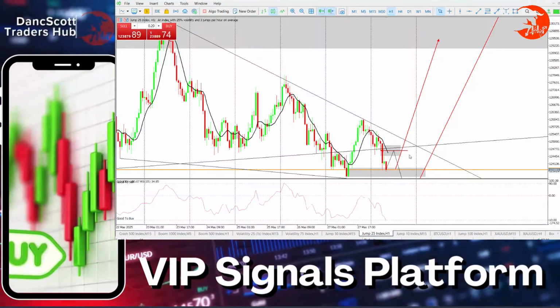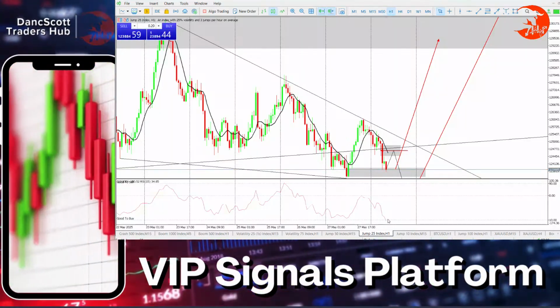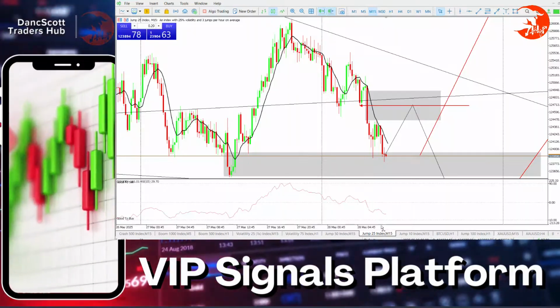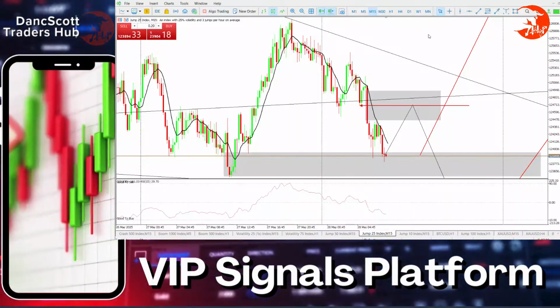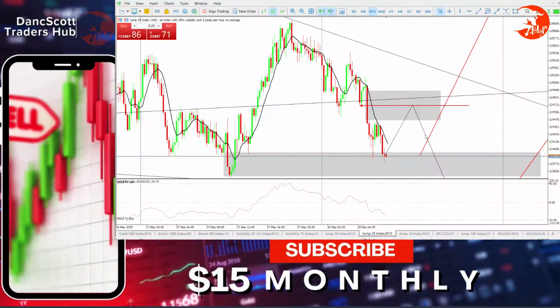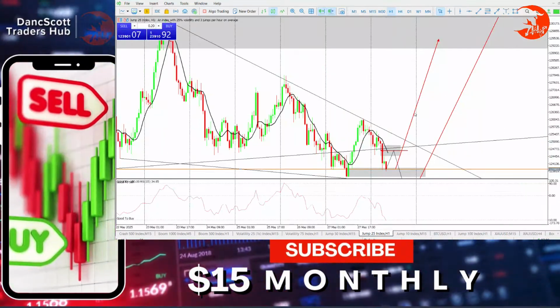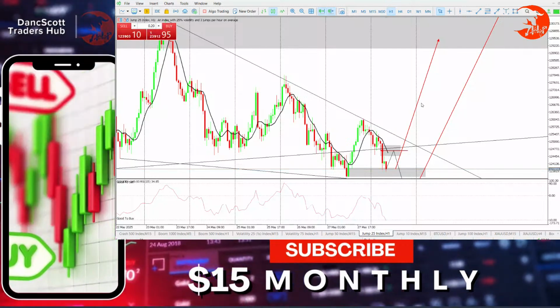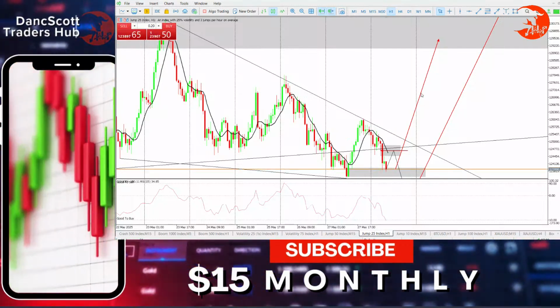don't be surprised if you see something like this, because H1 is already reaching oversold. M15 is about to reach it, so we will wait and see if this move will push price on M15 to be oversold. So let's wait and see. But this is also an option.